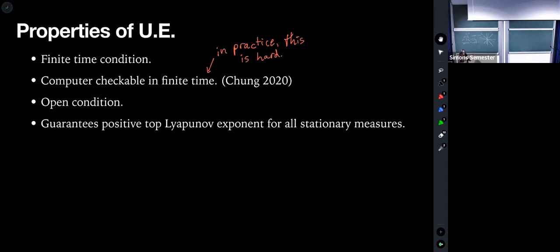In practice, it seems like this is going to be a very difficult thing to actually use to its full advantage. I feel like there should be uses here, especially because if you suspect a system is uniformly expanding after a certain number of steps, you might be able to just compute for that number of steps, and that could work out better. But as it stands, this is not as useful as it could be, or as maybe we'd want it to be.